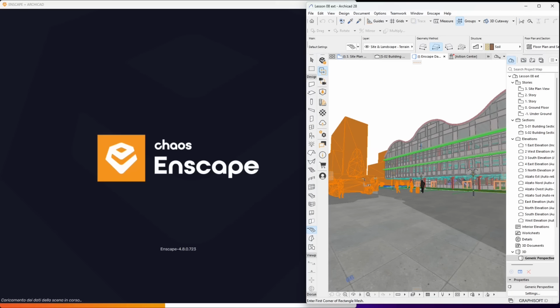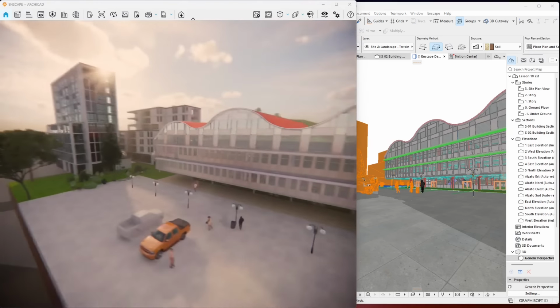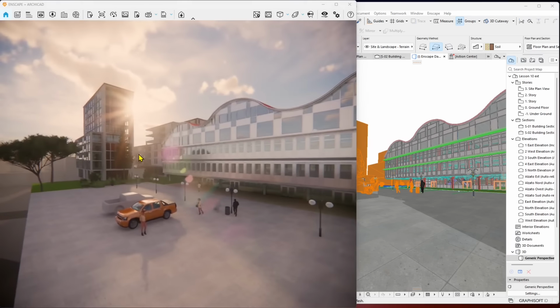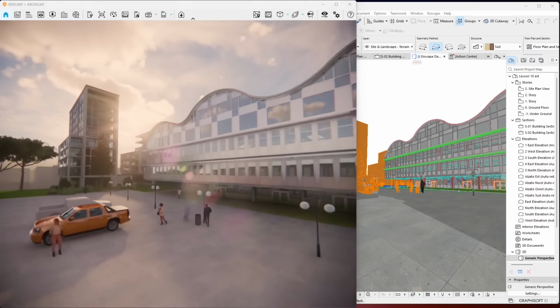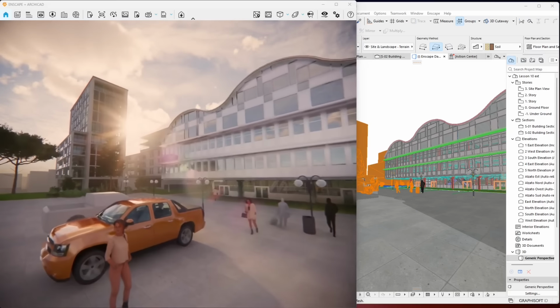So I'm going to launch ENSCAPE, and we're going to move into an exterior again, but rather than creating static images, static renderings, we're going to create some interactive and also animated outputs, or final exports. So there you go. This is the scene we left a couple of lessons ago, and what I'm going to do is get a little bit closer here and do a couple of